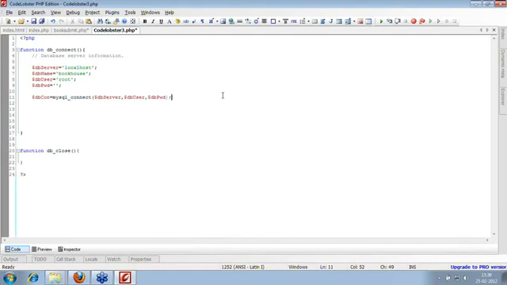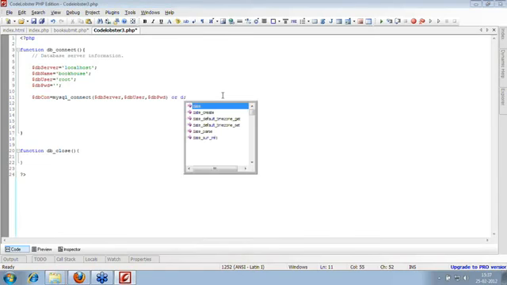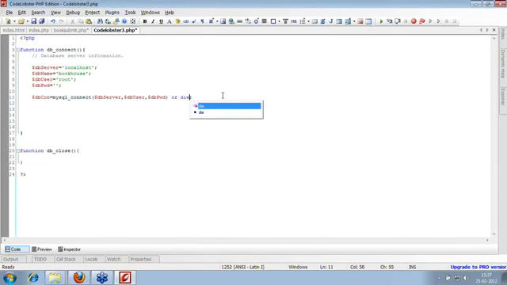Now if there is any problem in connecting with the database, it will just give you an error and stop running your program, but you will not come to know what the problem is, or why your script is not running. So you can have here: if it is connected, because this is a function, if the MySQL database is connected, then just move ahead, otherwise die. That means stop my program and print what the problem is.